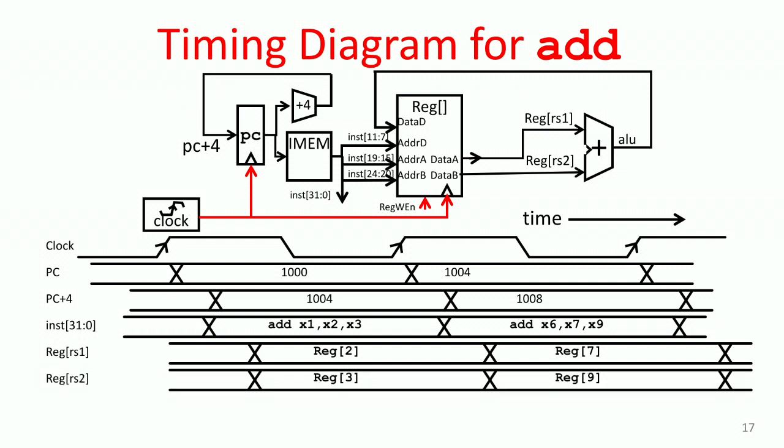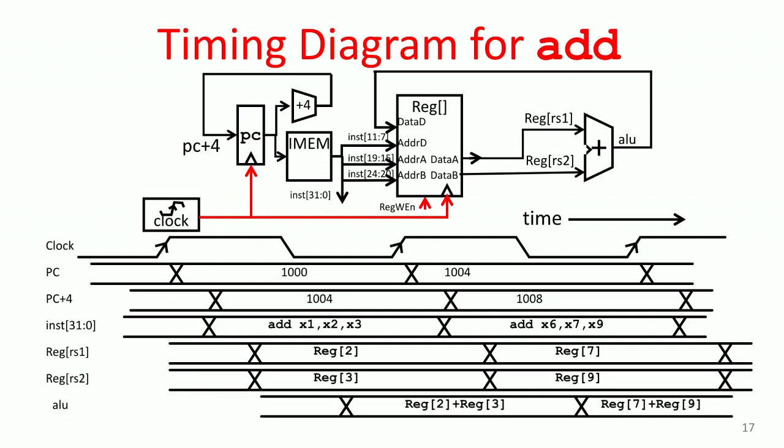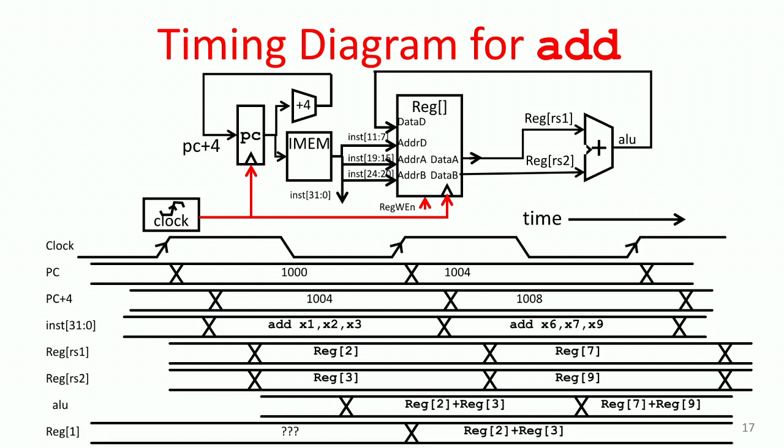Both operands will come out around the same time. And then there will be a delay for the ALU to do its job, which will be here. And at this point, I think we're ready. OK, and then the value has to come back, propagate back around, and be here in time for the next rising edge of the clock,